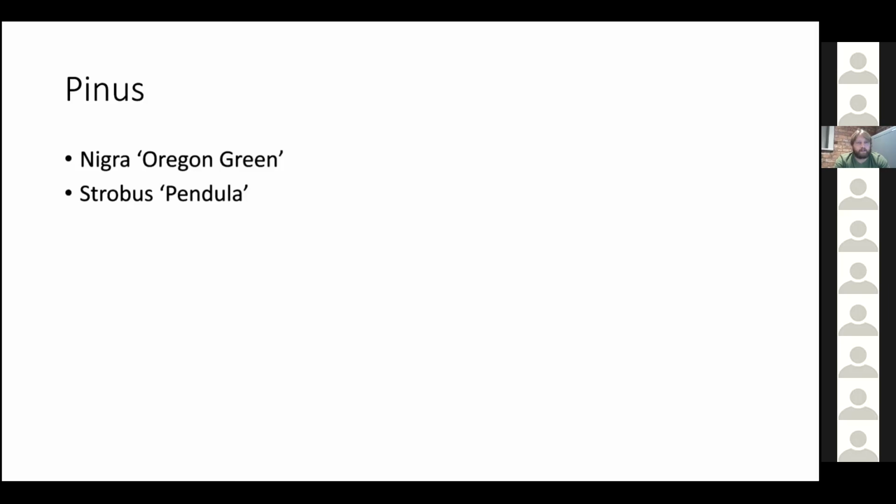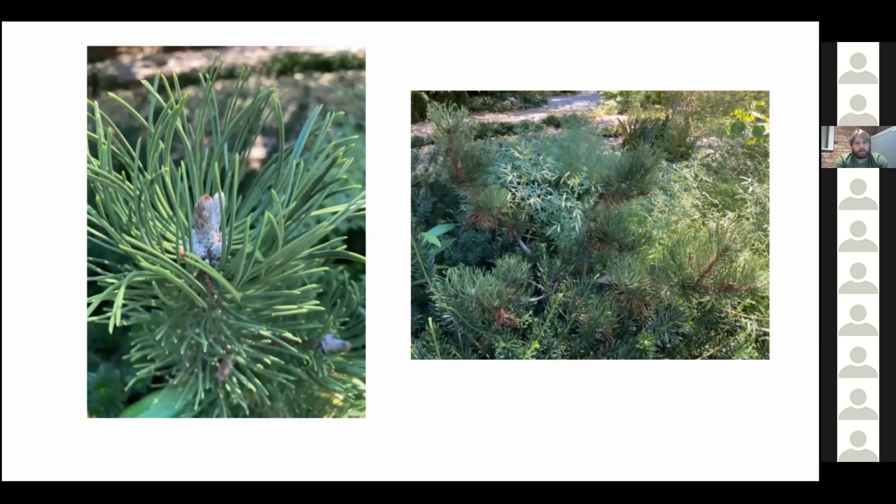So Pinus, not a lot of Pinus on the site. Here's some shots of the Oregon green, Pinus nigra Oregon green, that's doing okay. It's kind of coming up through a